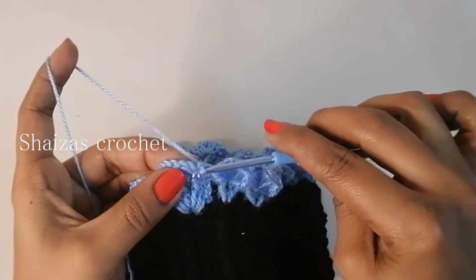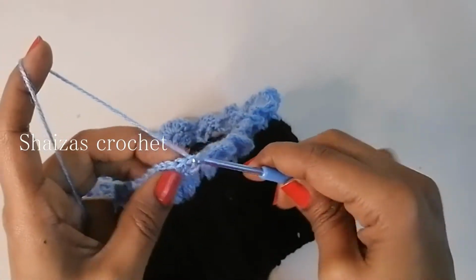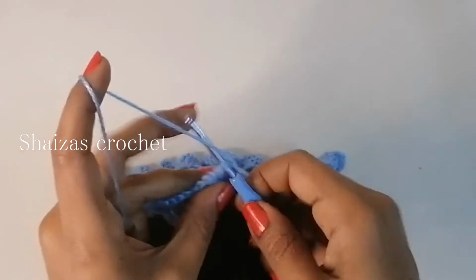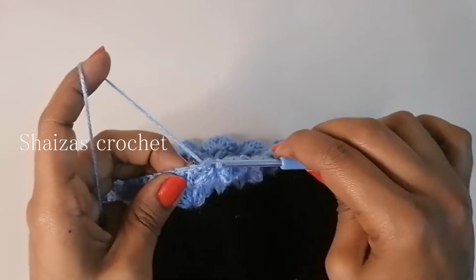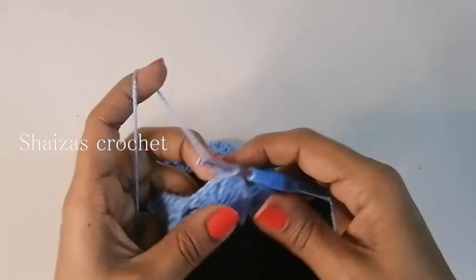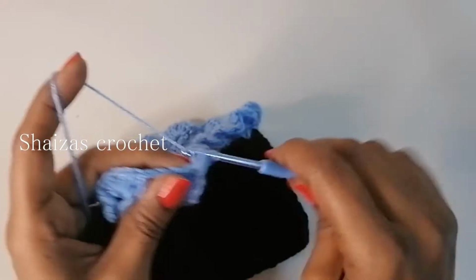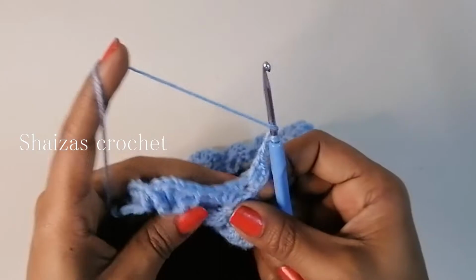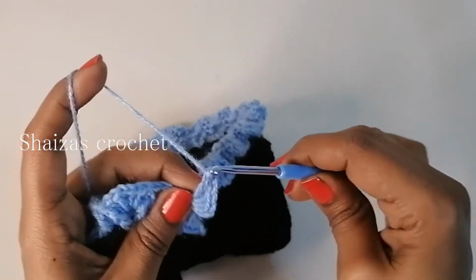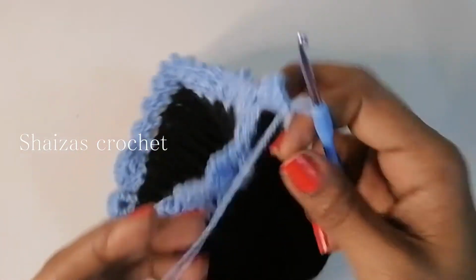Chain 2. Now we are going to do the slip stitch at the top of this double crochet, and then do the slip stitch into the next double crochet, again into the next, just to reach the center, and then inside this we'll make 1 single crochet, chain 2, yarn over. Inside this we'll make 1 double crochet, again 1 more double crochet, chain 2, inside we'll make again 3 double crochet, 1, 2, and 3,